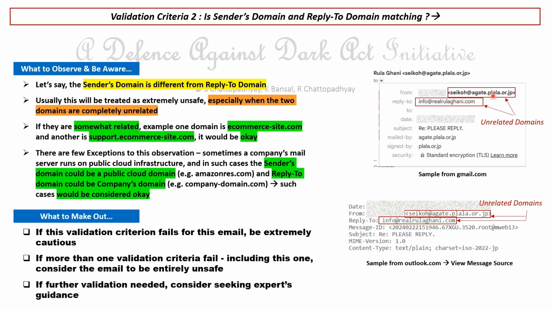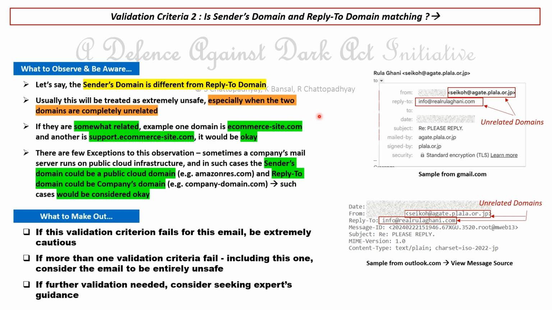So the sender domain name and the reply to domain name. The domain name is essentially the name that comes up after this @ sign. Those domain names do not match, and that seems to be a potential trigger of an unsafe